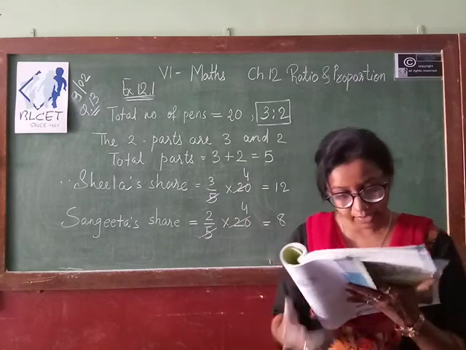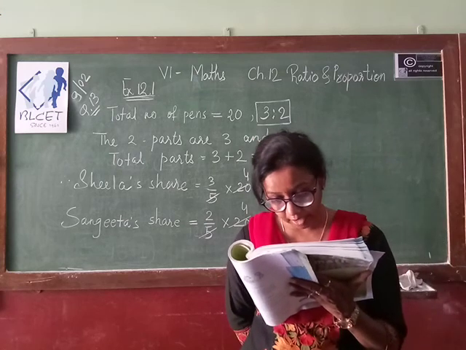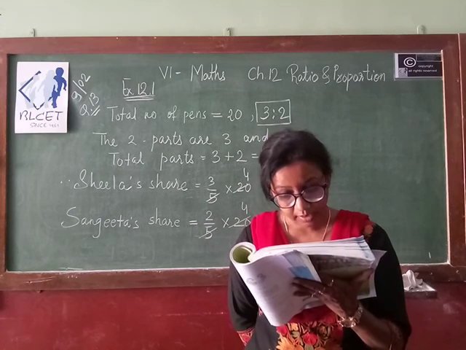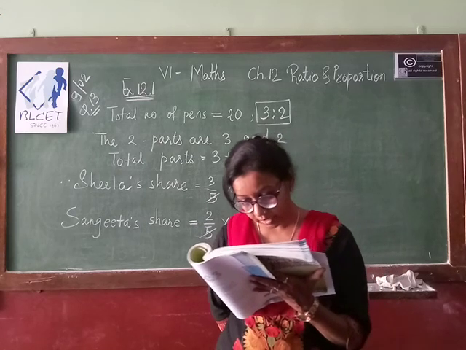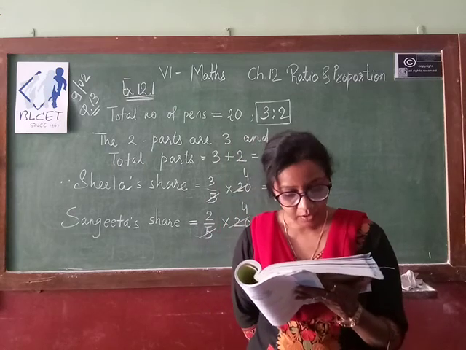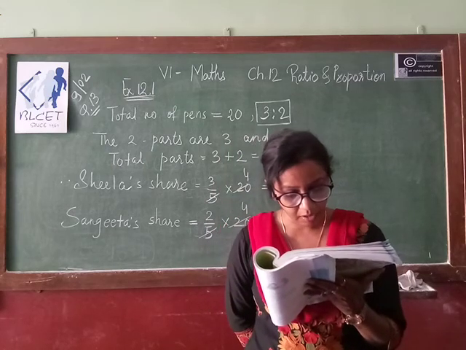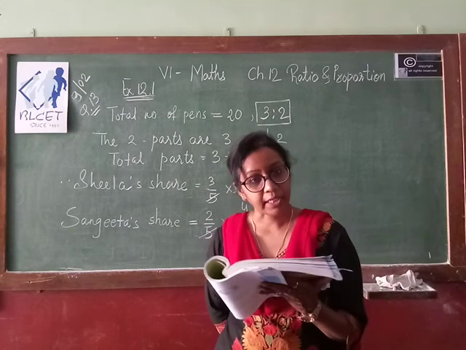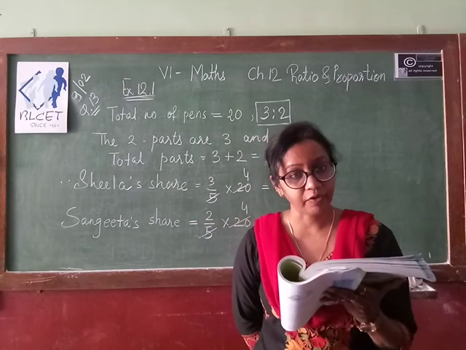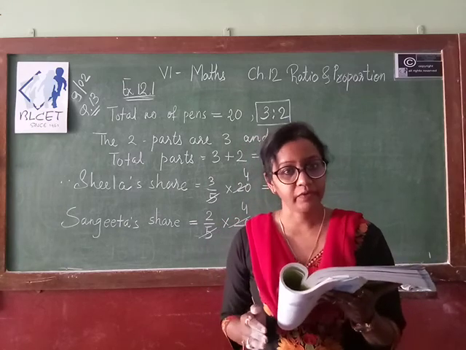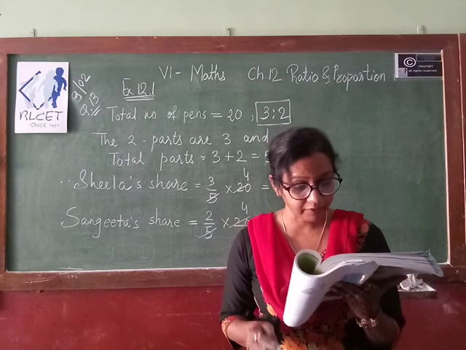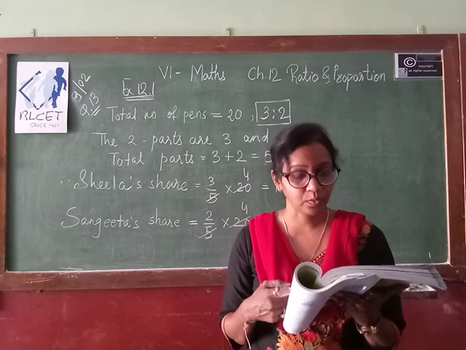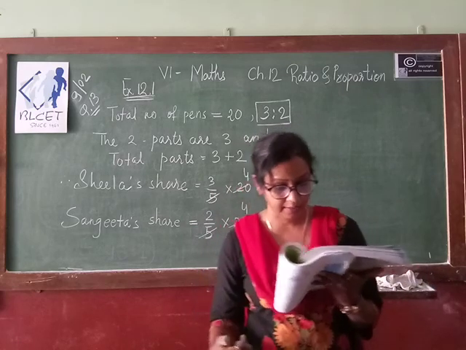Consider the statement, ratio of breadth and length of a ball is 2:5. Complete the following table that shows some possible breadth and length of the ball. If you observe the table, breadth of the ball is 10 and length of the ball is 25. And next you have given length of the ball is equal to 50. So previously you have 25. So by which number do you multiply to get 50? So that is 2. So obviously with 10 you have to multiply by 2. So your first blank answer is 20.